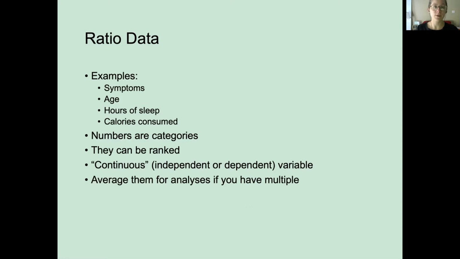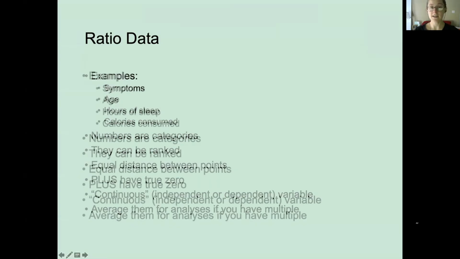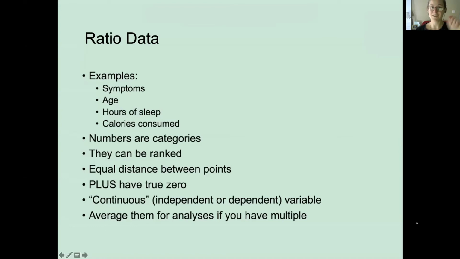Hours of sleep is ratio data. You can have a true 0 of "I pulled an all-nighter." Calories consumed, you could have a true 0 of a fasting day. These data do have categories. They can be ranked. They have equal distance between points, and they have a true 0, which makes them ratio